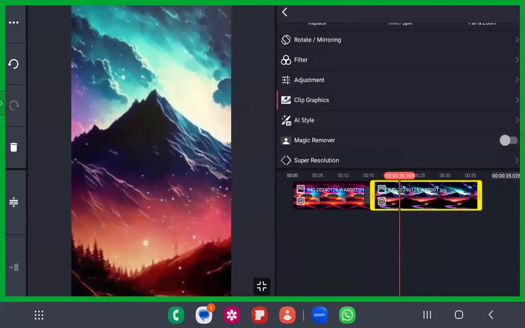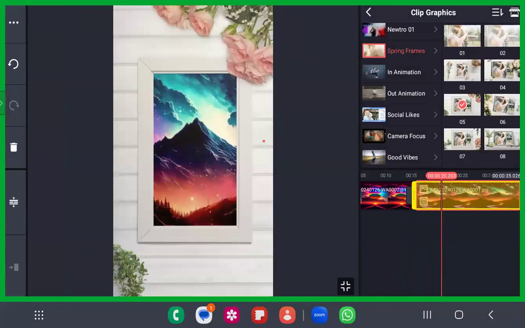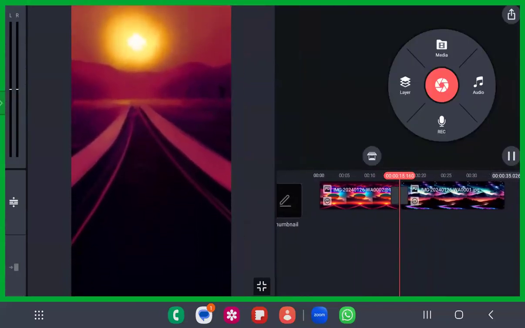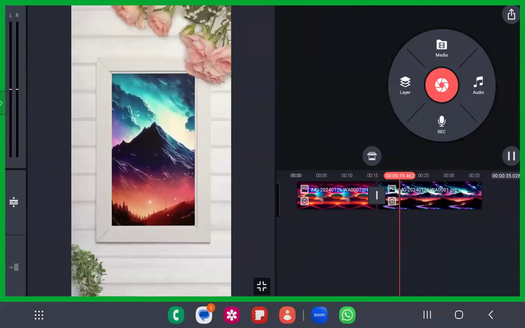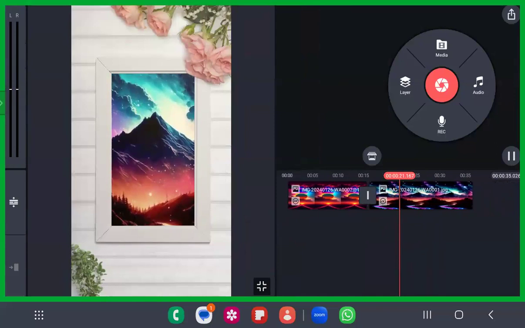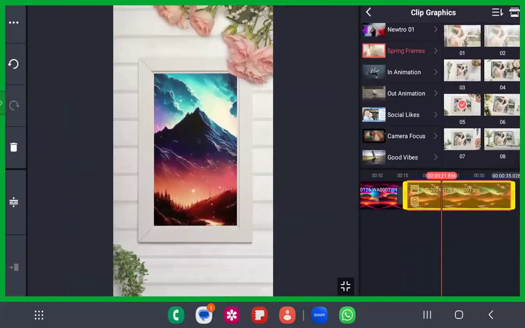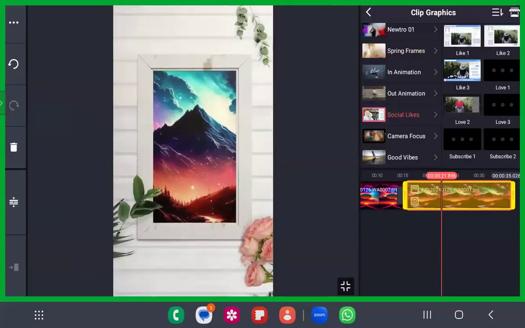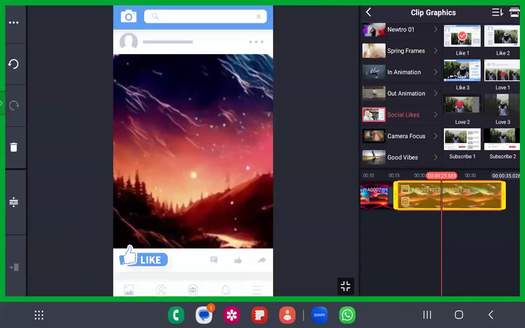The spring frames are good, and also in the clip graphics you will have so many contents like this. For example, if you want to show it like a photo shoot, it will be like a photo shoot in this way. Okay, an image hanging on the wall, a portrait hanging on the wall, it might appear in that way. And also you will have so many other contents like this. Give all of it a try, dear sisters and brothers. You also can show it as if this content is from social media or something like that.